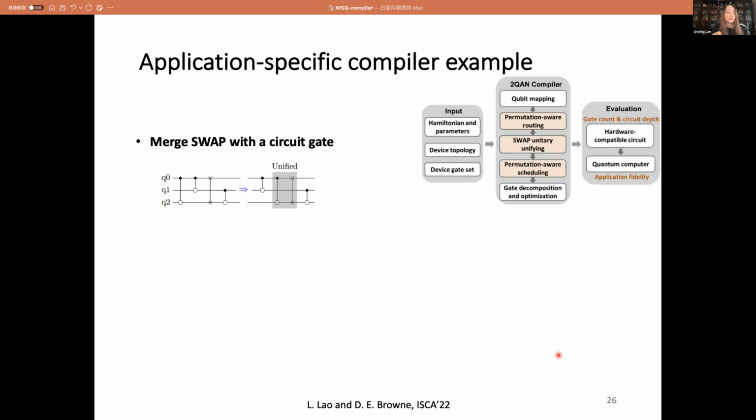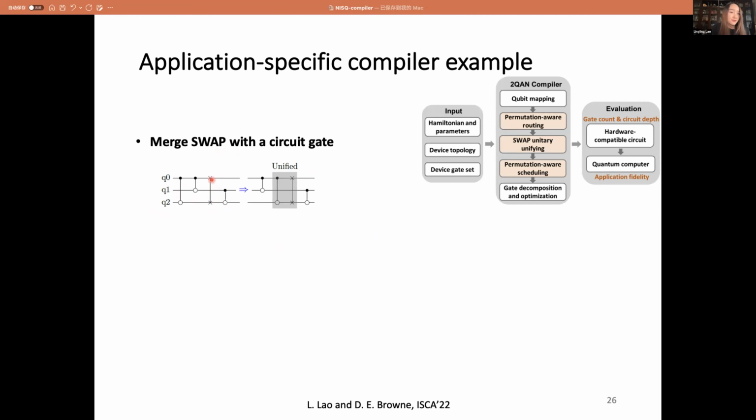So after routing, we will also perform gate optimizations that could merge a swap gate with a circuit gate. For example, in this circuit, the control circles are the circuit gates we have in our input circuit, and this is a swap gate.